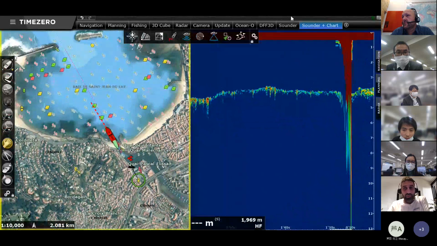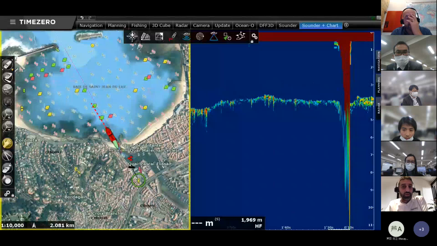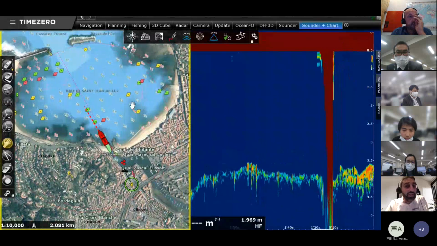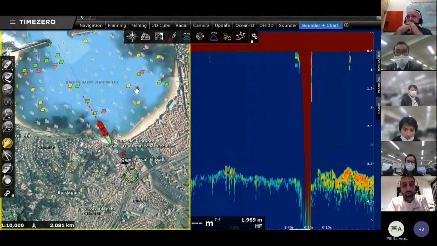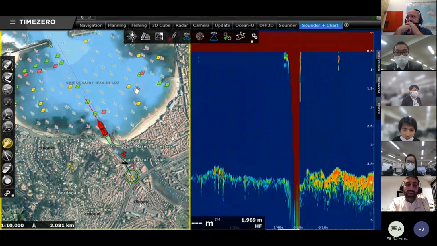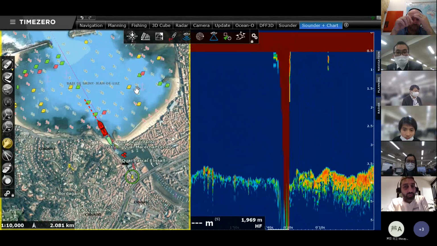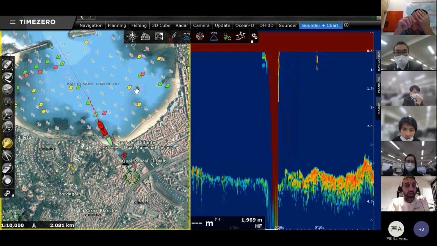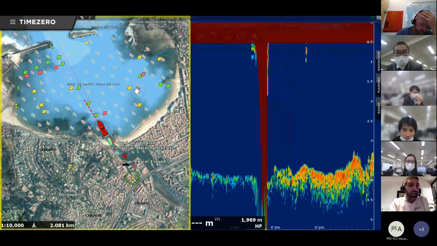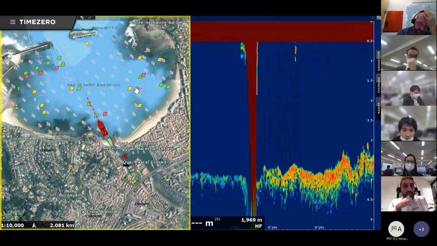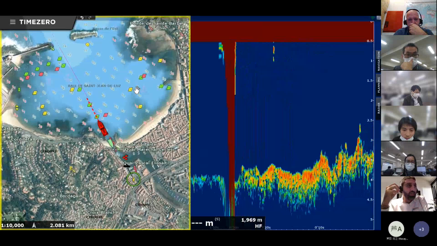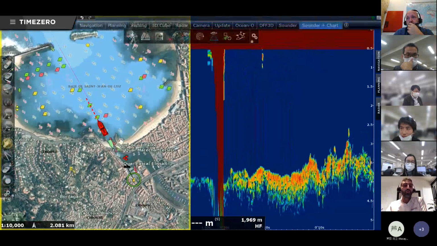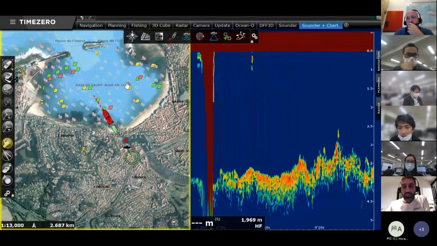The nice thing with this sounder and chart screen is, first of all, and I did not mention this at the beginning of the presentation, you can split the screen the way you want. You can put a chart on the left side, sounder on the right side, or radar or a camera, or you can customize the way you want it to look in Time Zero.